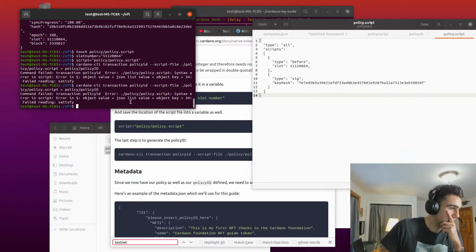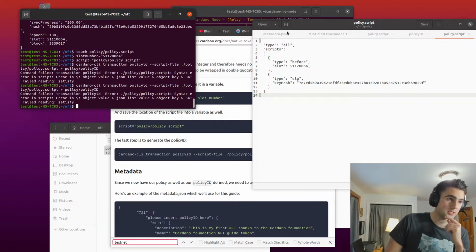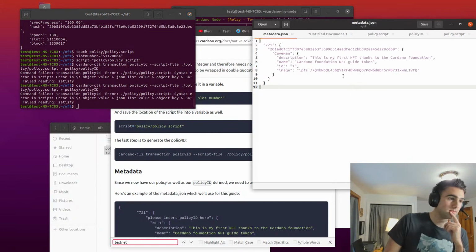I'm trying to figure out this error now. Syntax error in script, error in JSON list file value. Well, this is, we haven't,